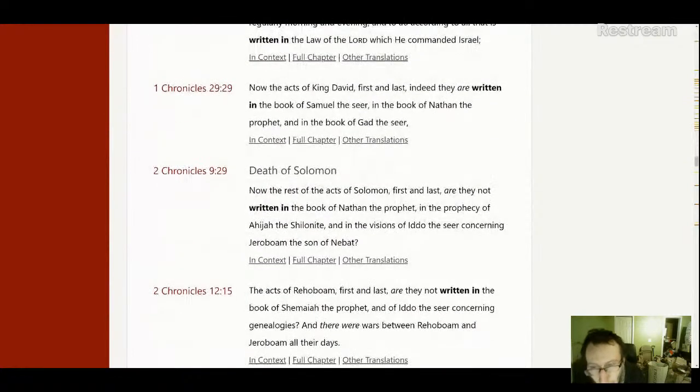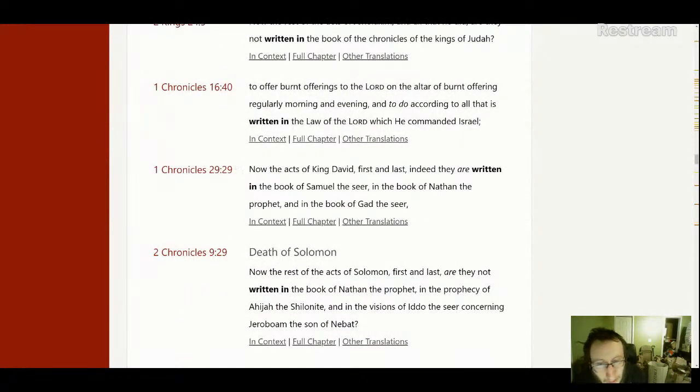It starts in Chronicles. So 1 Chronicles 29:29: The acts of King David, first and last, indeed, they are written in the book of Samuel the seer, the book of Nathan the prophet, and the book of Gad the seer. Now some people try to say that there are no books outside the Bible. But this is very clear, telling us that there were other books that wrote other information and that they were truly written by those prophets. And that it gives the true account of those instances, like the acts of David. If you want to know more, go to those books. That's an authoritative endorsement of those books as truth.